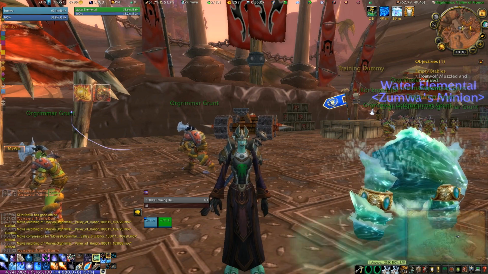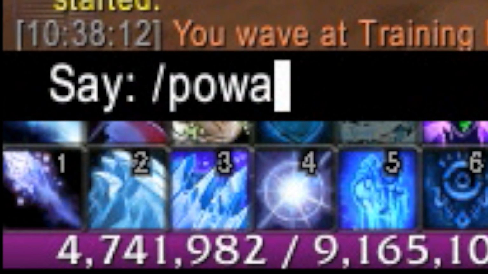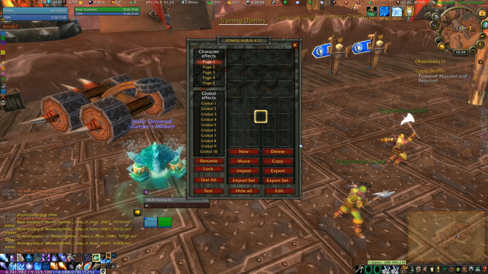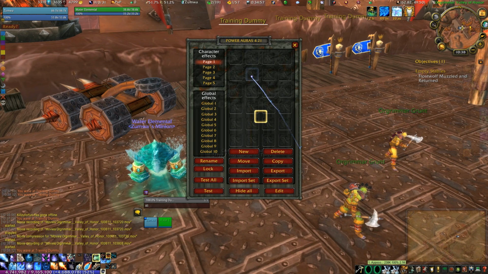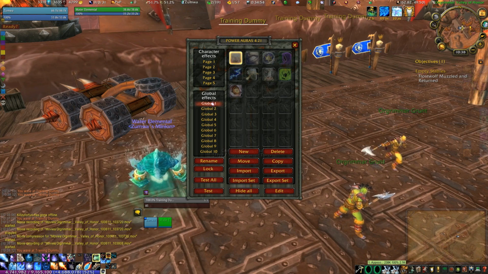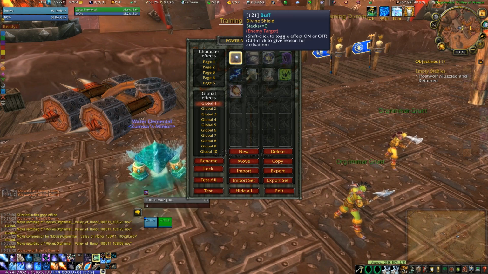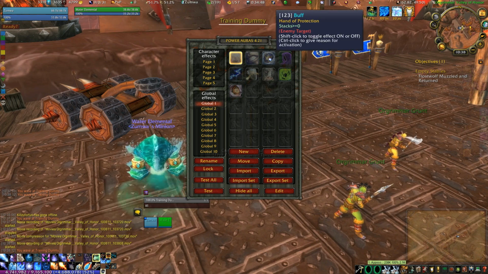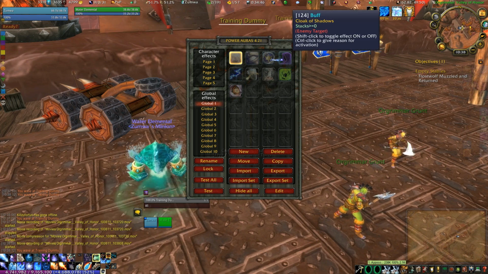You activate Power Auras by typing /POWA once it is installed in your add-ons directory. Up will pop a user interface that allows you to set up various spell effects and display them on your screen. Here you can see I have some global effects such as Divine Shield, Pain Suppression, Hand of Protection, Cloak